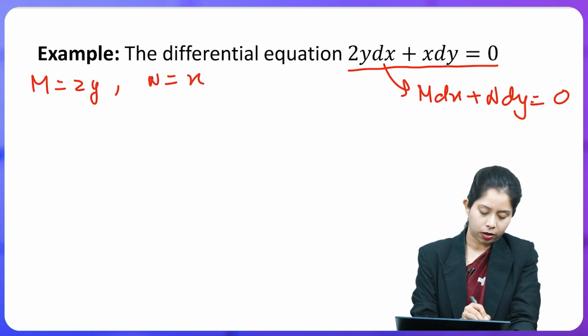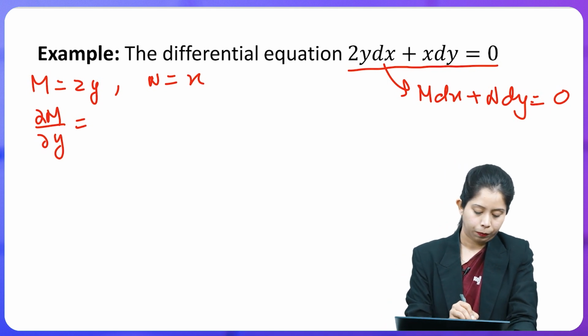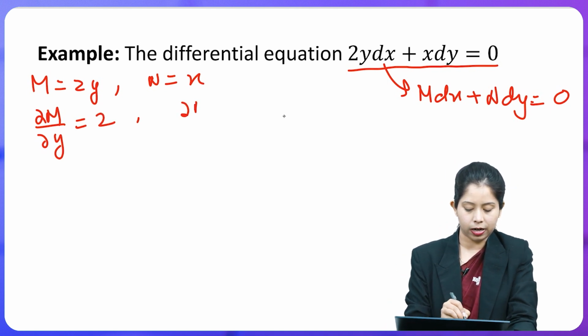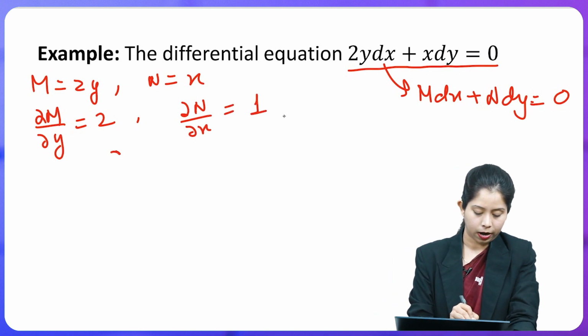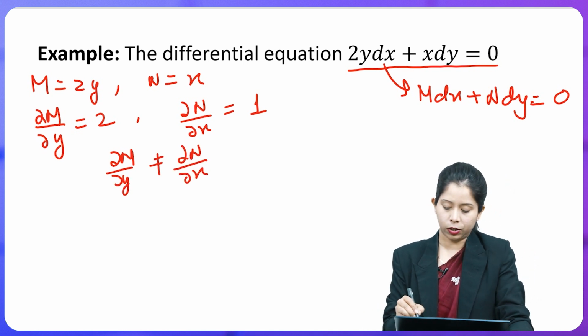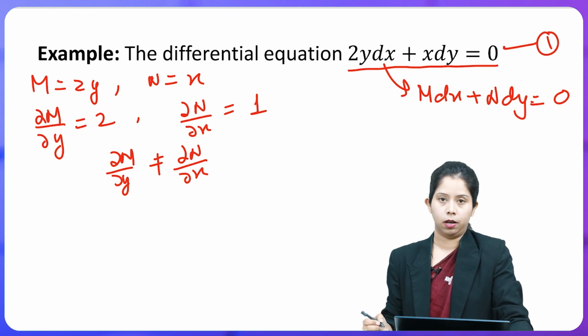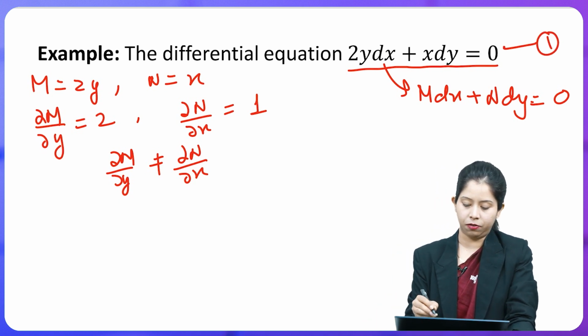The next step is to differentiate M with respect to y, which gives 2, and to differentiate N with respect to x, which gives 1. So clearly del M upon del y is not equal to del N upon del x, which states that this equation number 1 is not exact. However, if we multiply the given equation by x